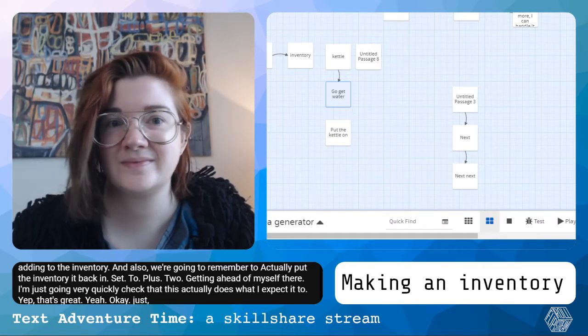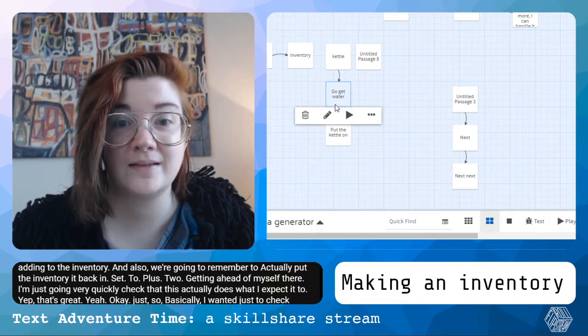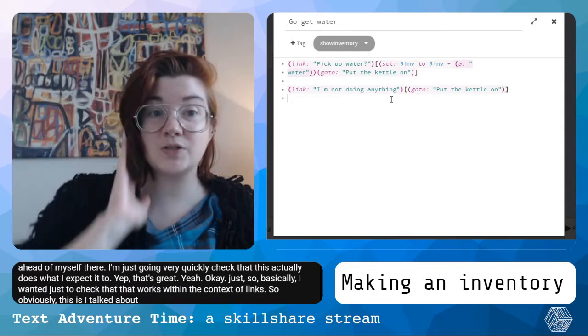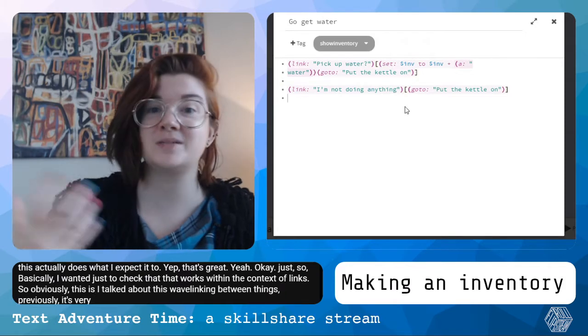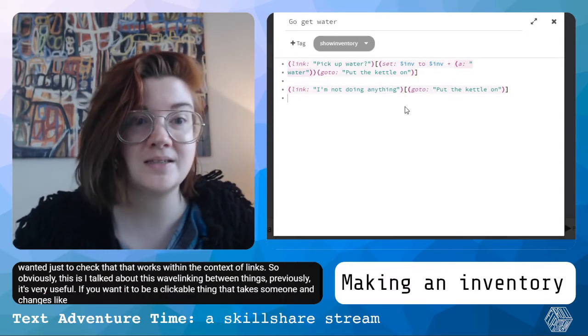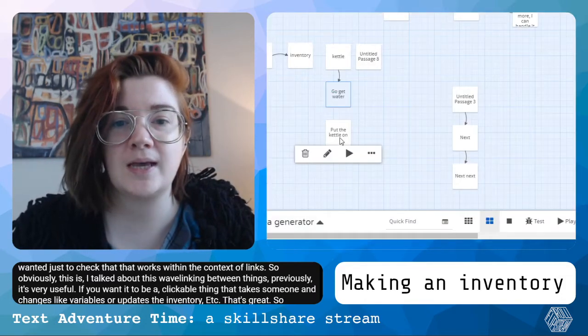Basically I wanted just to check that that works within the context of links. I talked about this way of linking between things previously. It's very useful if you want it to be a clickable thing that takes someone somewhere and changes variables or updates the inventory, etc. That's great. So what we're going to do in put the kettle on